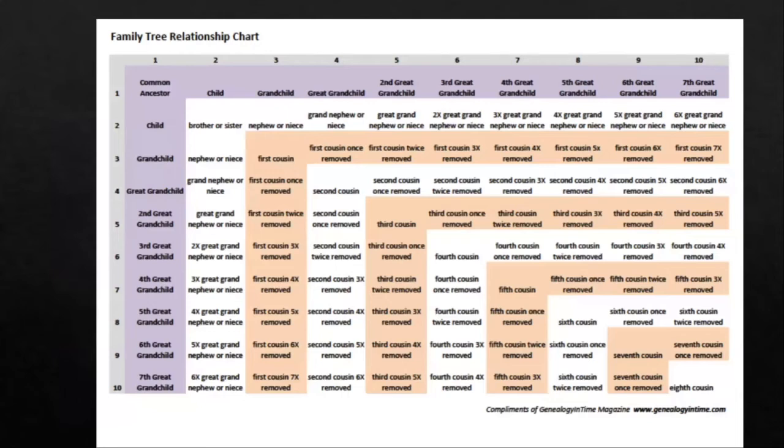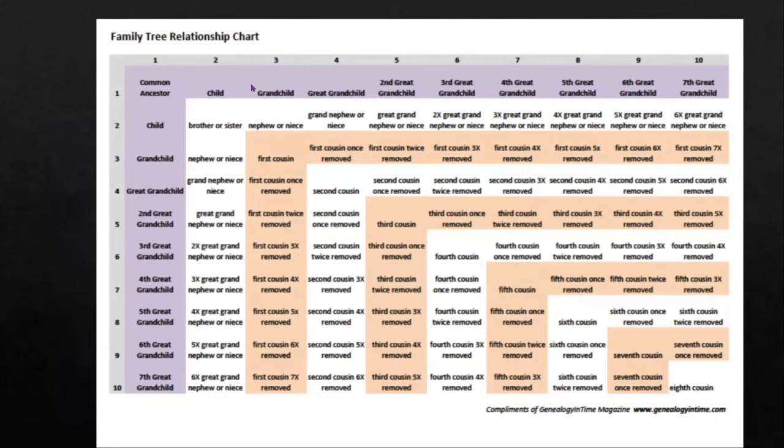Now here's sort of the most common example of the more universal chart. And on this chart, the same generation comes down at a diagonal. Okay, just see how we're coming down through here, and there are no removes on this diagonal. So on this one, it works for you. It works for finding relationships to other people in your tree.